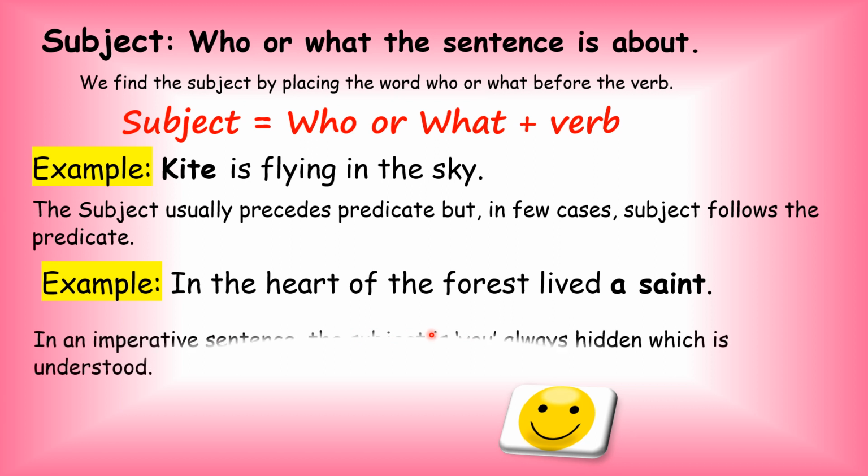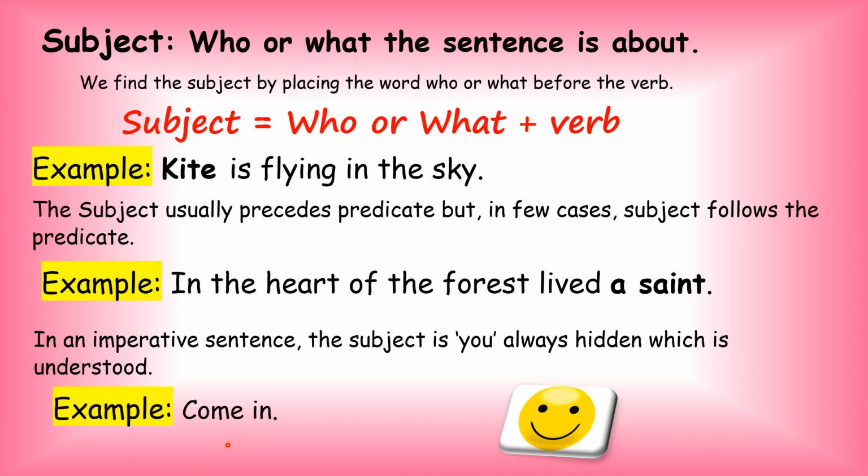One more thing we have to keep in our mind, that is, in an imperative sentence, the subject is you, always hidden, which is understood. You all remember, children, what an imperative sentence is? Sentences which give advice, request, command and order. And normally, children, when we give a command, when we give an order, the subject is hidden. For example,